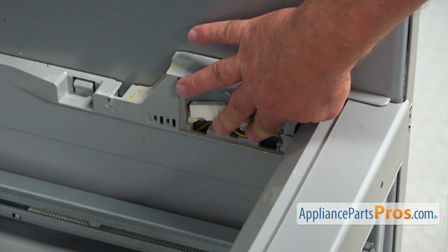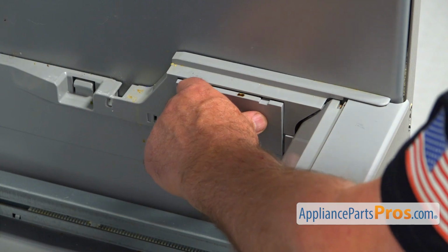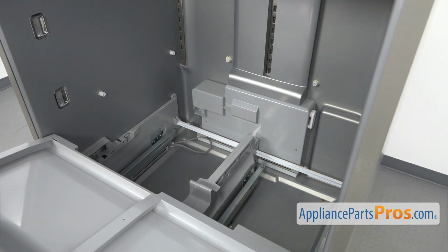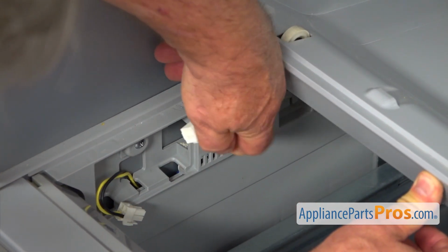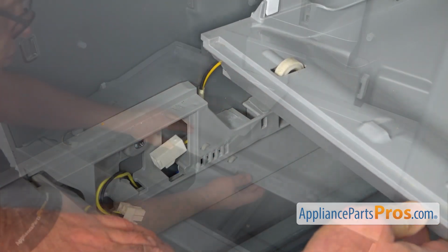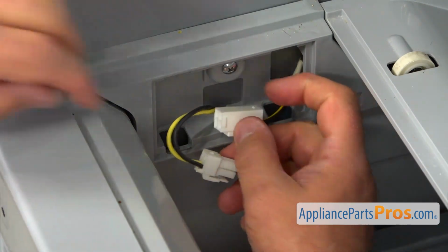Alright, now I'm going to install the cover and place it into the cutouts here at the bottom, bring it up, push it in. Alright, I'm going to install these crisper drawers base backing. I'm going to put the back end in first. I'm going to put the LED plug into this opening here. So I'm going to lower the base down and push it down so it will lock at the front end. And I'm going to plug this in